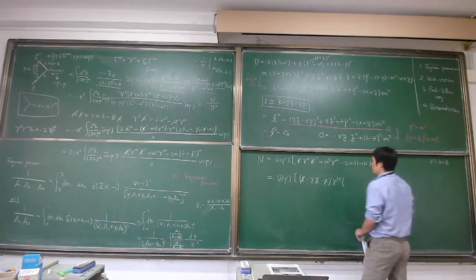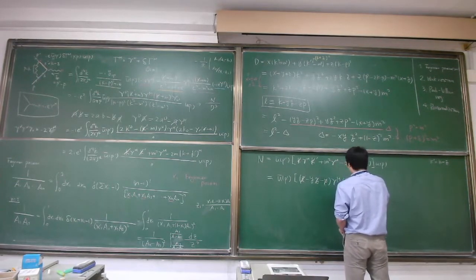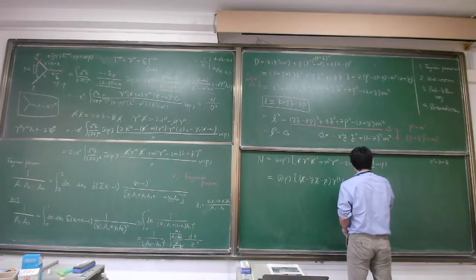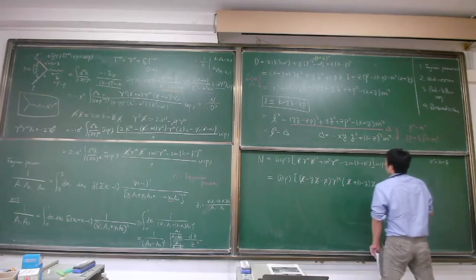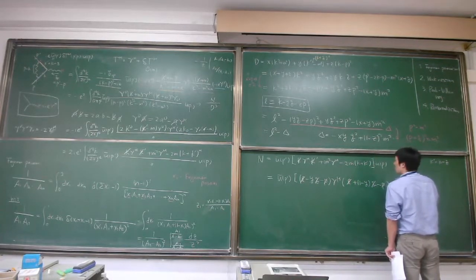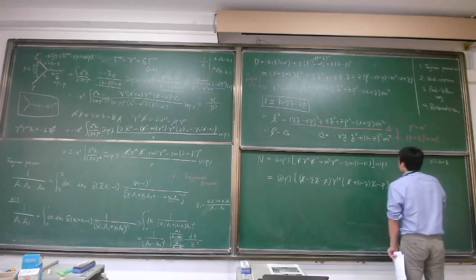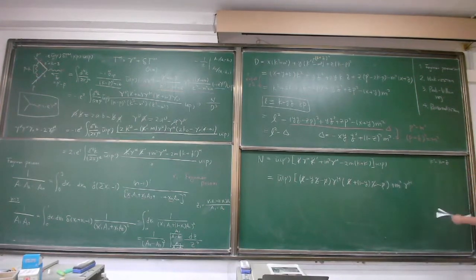Therefore, it should be L slash plus 1 minus y q slash minus p slash plus m square gamma mu. And then what we need to do is that the